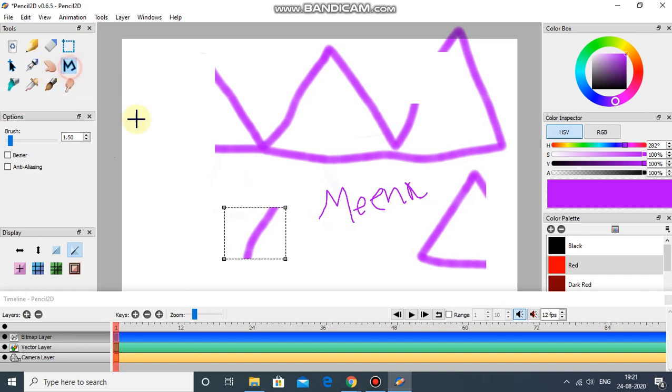Next we have polyline tool. So a polyline tool is going to make straight lines. It is going to create straight lines between 2 points. Now if I move my cursor here, it is going to create this straight line. So for drawing these mountains, you can use it. And once you are done with it, you need to double click here. See, once I'm done with the drawing, I'll double click here.